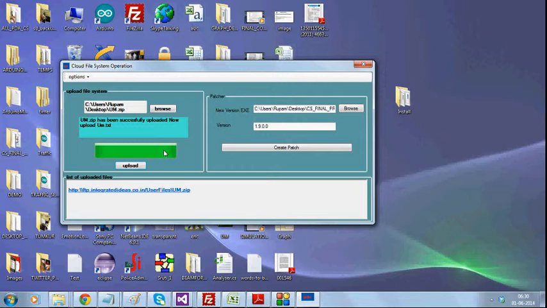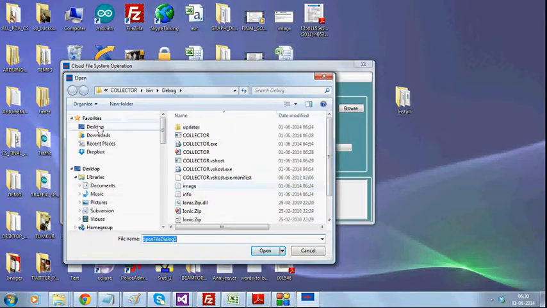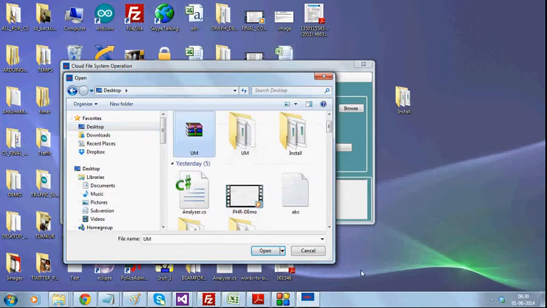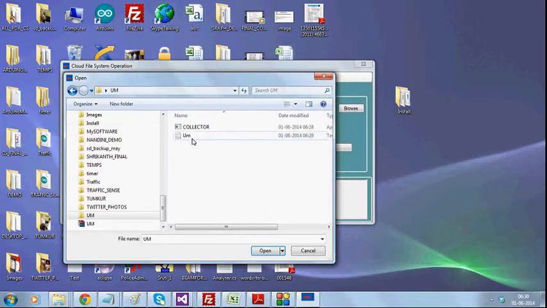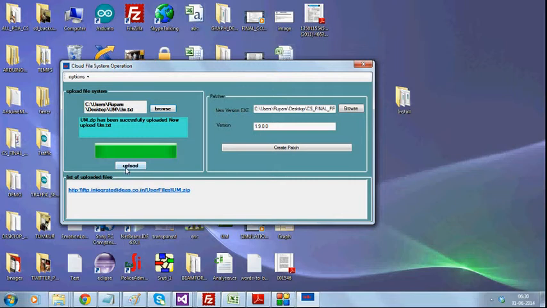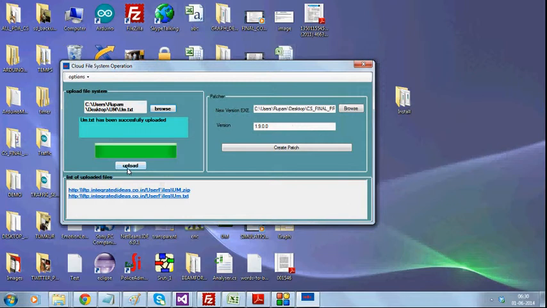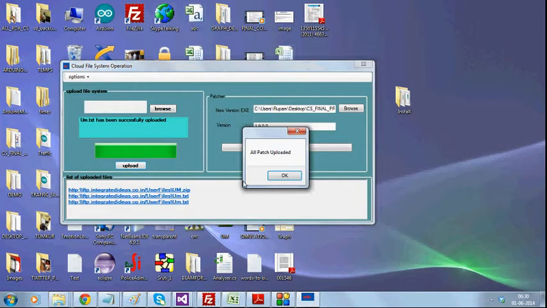Once the zip file is pushed, I'm going to select the text file and upload the text file. So we have a server where this information will be stored. Alright,